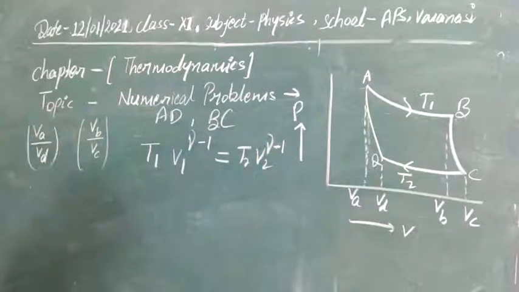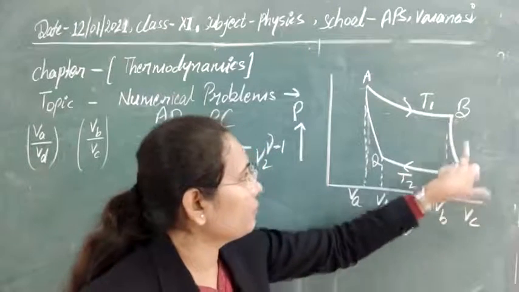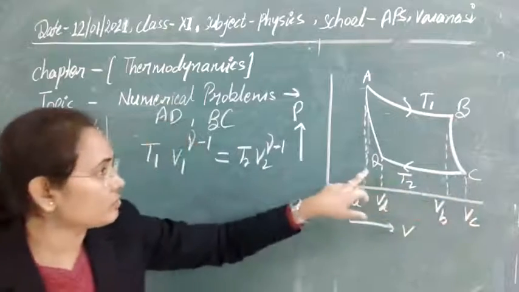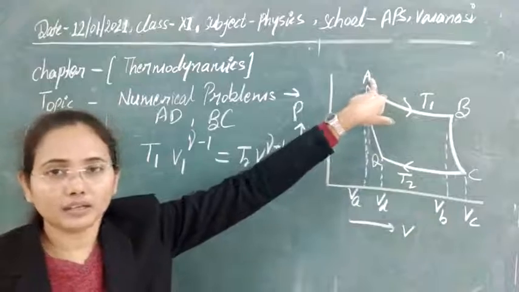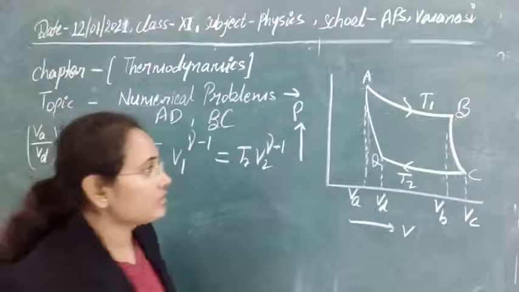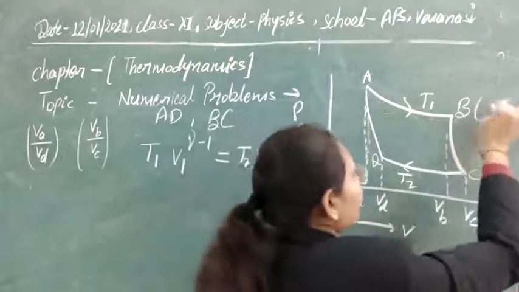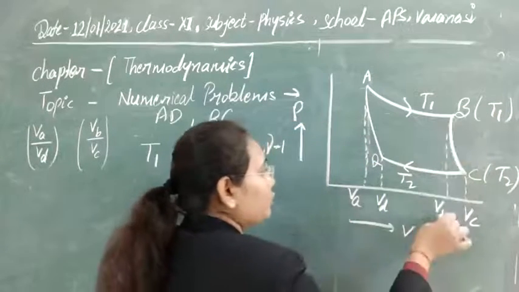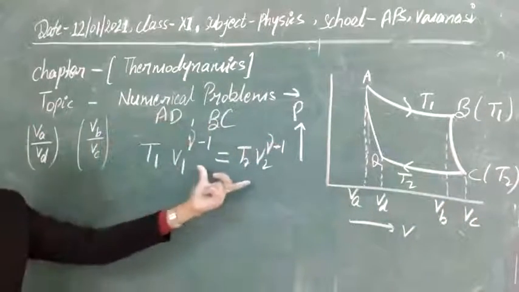As in the first case, the temperature is T1 going from V1 to V2 at C, where its temperature changes to T2. Also, the initial temperature at point D is T2, and it changes to T1 again. So you can apply the formula for both cases. Let's apply it first for the curve BC. In curve BC, the temperature is T1 at one point and T2 at the other; at this point the volume is VB, and here the volume is VC. Now let's put in the values.